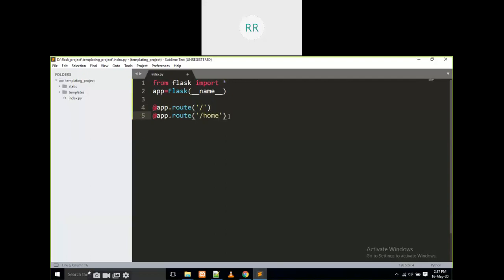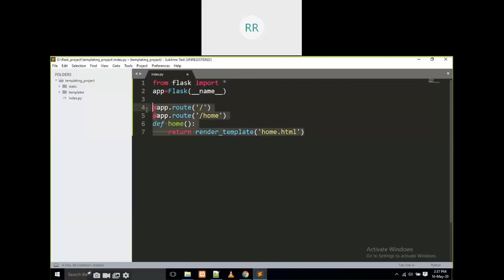I am going to write one function here, home, and return render underscore template of home.html.